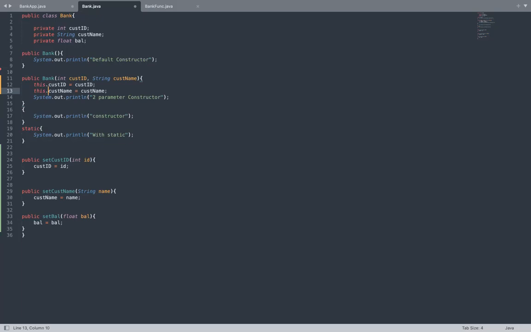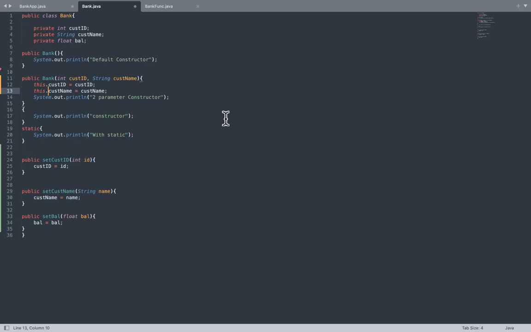This is not mandatory, like every time your parameter name and your instance name should be same. Why do we go with the same name is to avoid the confusion. If you're writing a huge project and piece of code, you might not use different names. You need to search for different variable names. So for that purpose, they have brought this keyword where you can use the same name in your arguments as well. Since your argument scope is only within that particular piece of code, it will not be accessible outside. If you want to access outside, you have to use this dot cust ID or this dot cust name throughout your program. That is where the class variables are accessible.